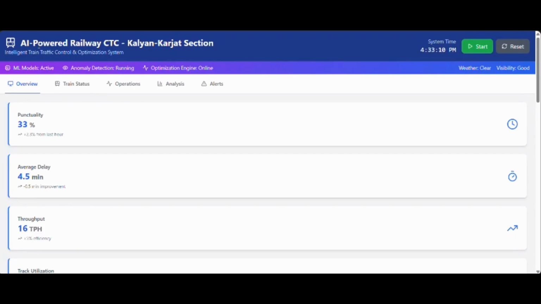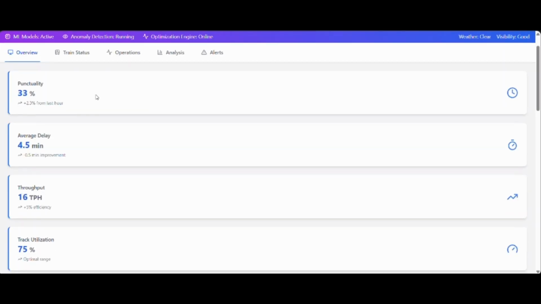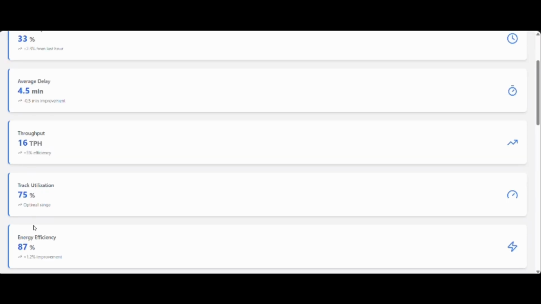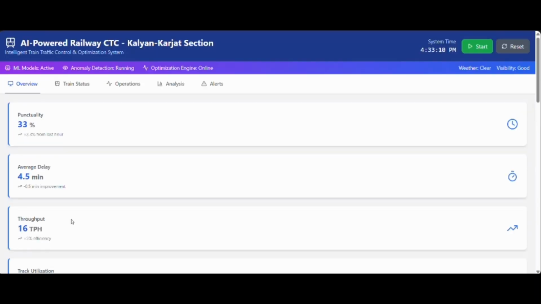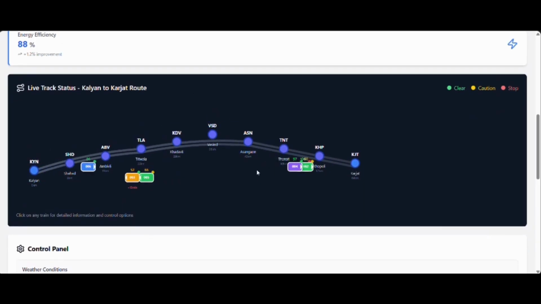The dashboard of this AI-powered Railway CTC. In this, we can see the current system time, and this has different key performance metrics: punctuality, average delay, throughput, track utilization, energy efficiency. So we can start the simulation, and over here we can see the CTC panel and basically everything that is